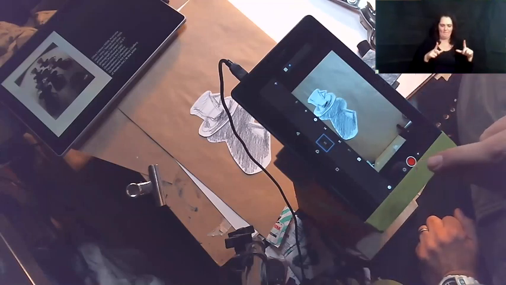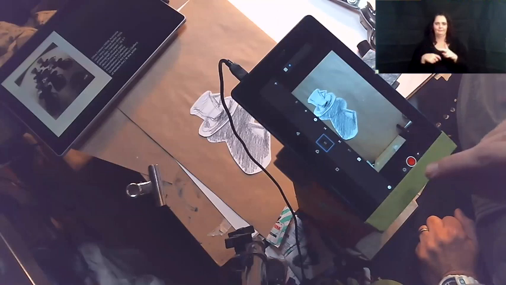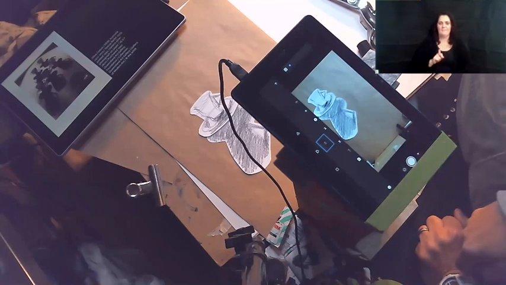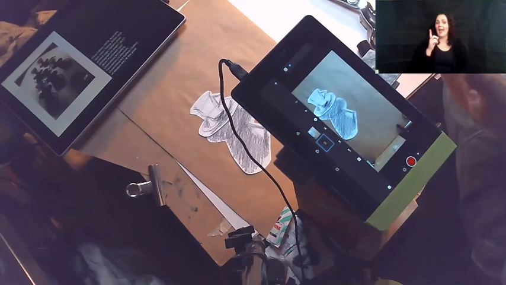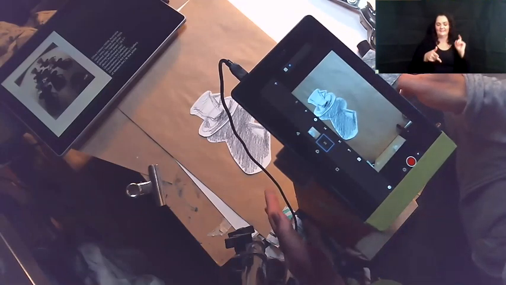So I'm going to come here now. I'm inside the app, or you can do this with your camera, and just take the first frame. Bang. And there it is. All right, now what I'm going to do without moving that camera at all is I'm now going to come